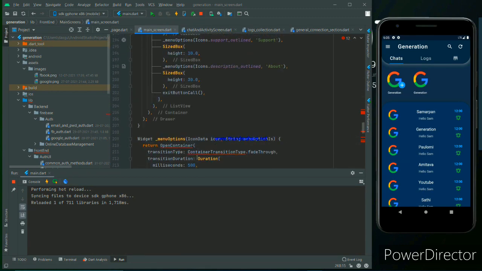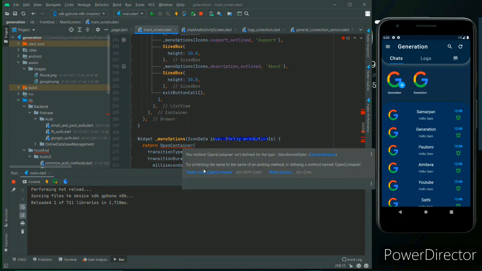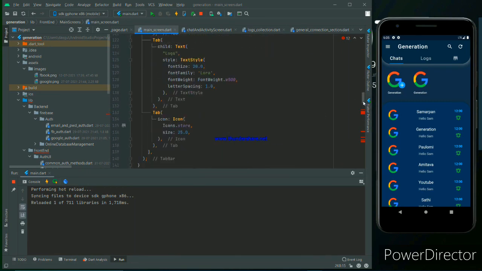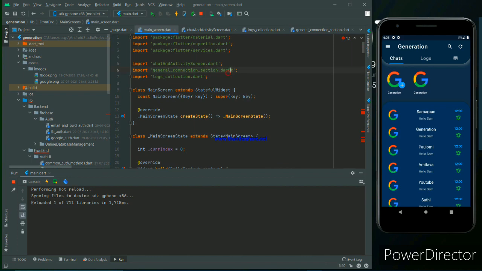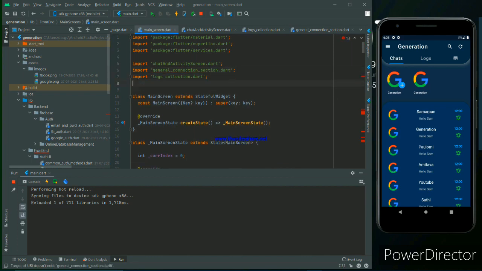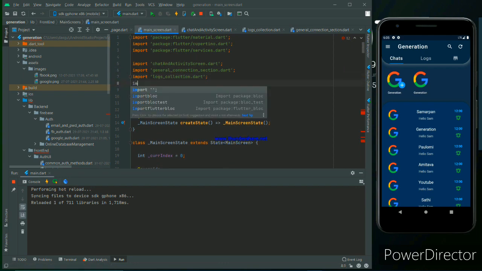I don't write all the code manually, because it takes a lot of time and this way it is easy to understand.